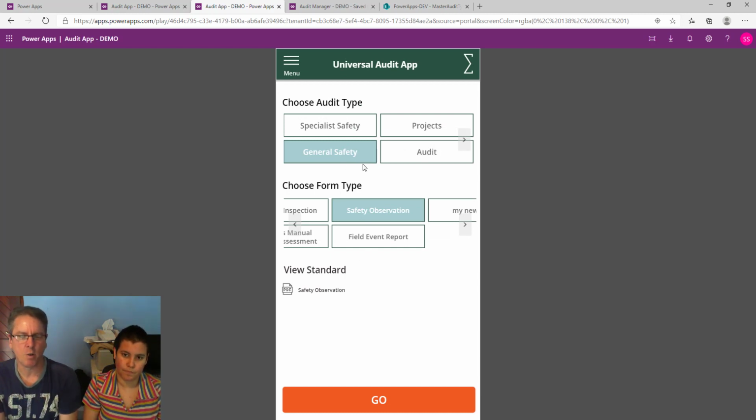So SharePoint is controlling all of this. We have a master list of questions. The questions get downloaded and are used to then determine what you see. I won't go through all of the other audits because I think you get the idea, but what I will